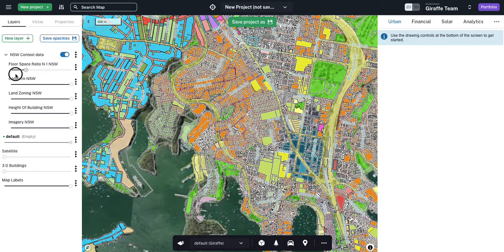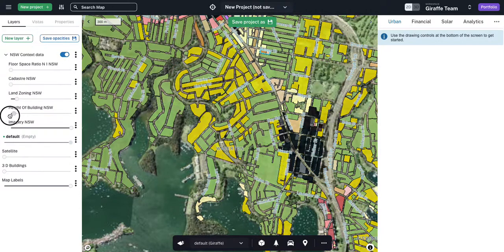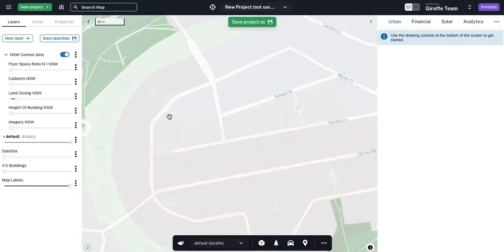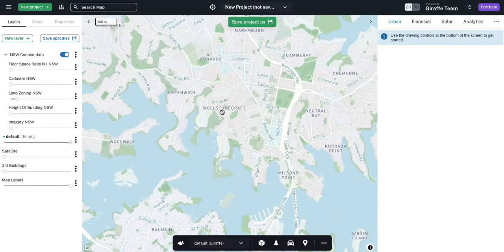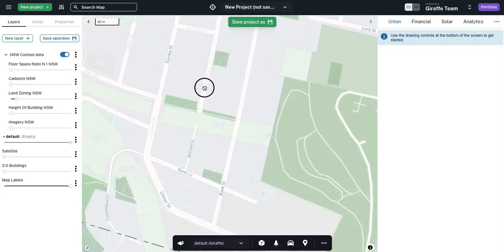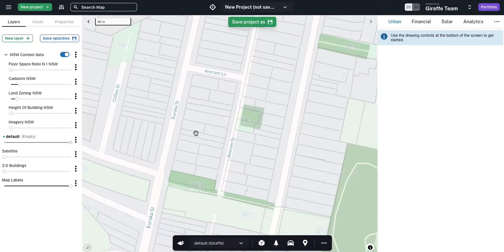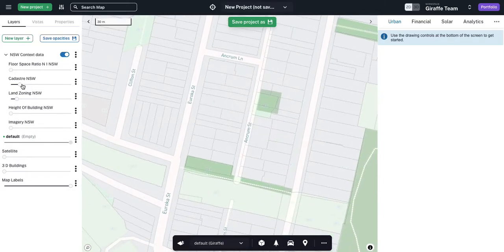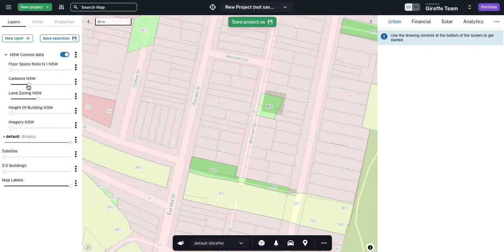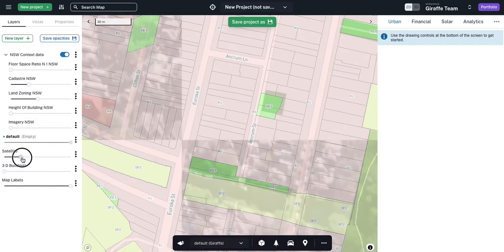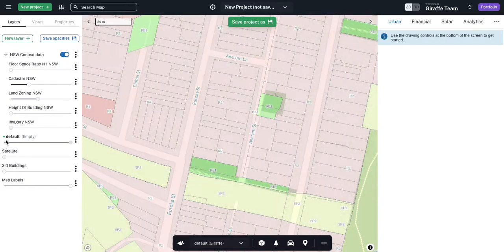Now it's all on at once, which is not what you want. So let's choose a site for argument's sake. Now I need to find where it's got to be somewhere here. Okay, let's say this is our site over here. I can fade the cadastre in, and the land zoning's on. So I may say, look, let's turn land zoning on a little bit and maybe just bump that cadastre ever so slightly. I may say, hey, I want to fade in the satellite imagery just behind,